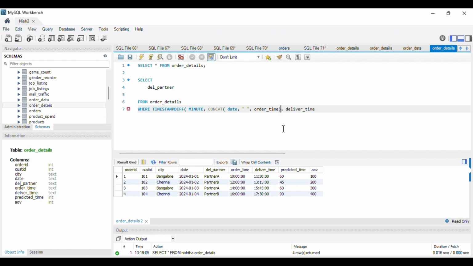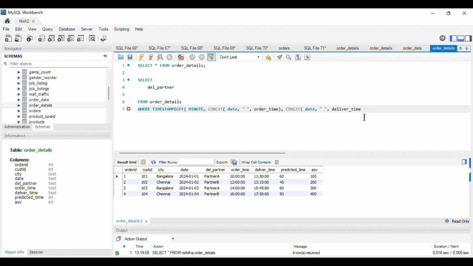So this is how I'm going to convert my expression 1 into date time format. Similarly, I'll convert the deliver time again into date time format. So I'll use the same concat function, and then write date, space, comma, deliver time.